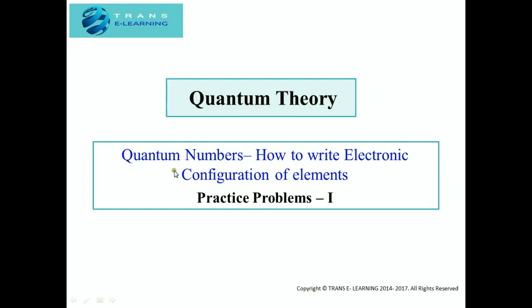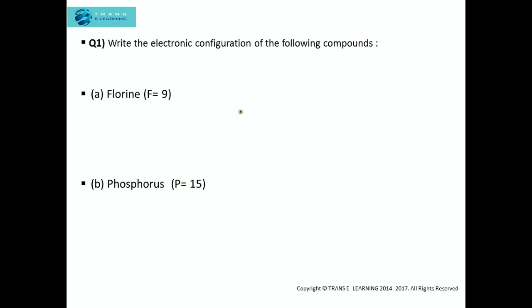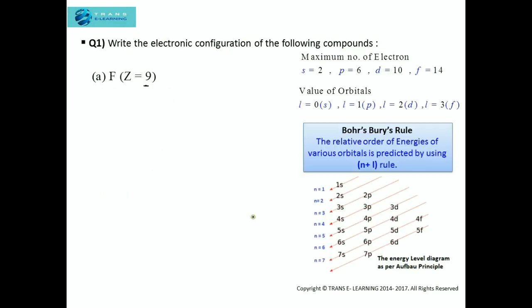Today we'll be discussing quantum numbers, and in that we'll be covering the practice problems related to how to write the electronic configuration of elements. So let's see what all questions we'll be covering in this video. We'll be writing the electronic configuration of fluorine with atomic number 9 and phosphorus with atomic number 15. Here on the right hand side you can see the energy level diagram of the Aufbau principle,